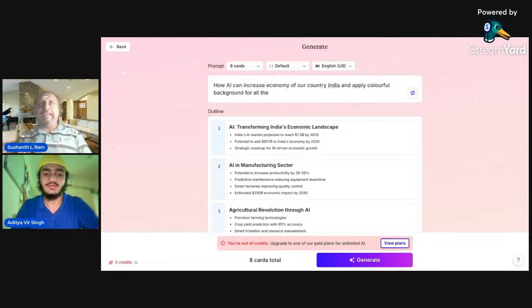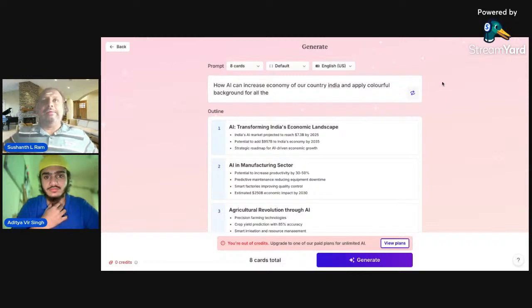So, guys, you normally get 300 credits when you log in, and it deducts probably 5 credits per slide. So if you are making 10 slides or a standard 8 slides, it deducts 40 credits.